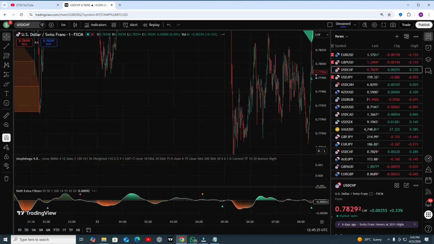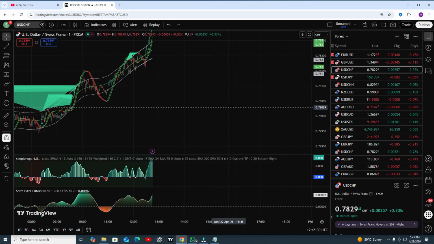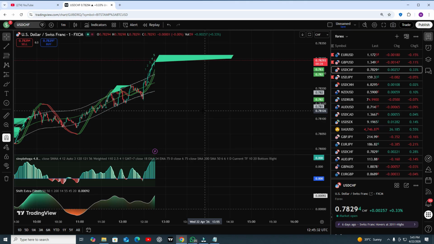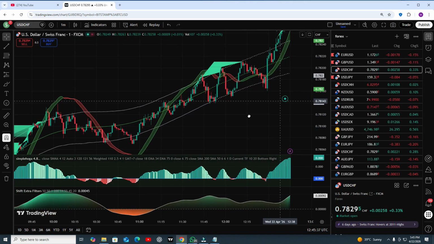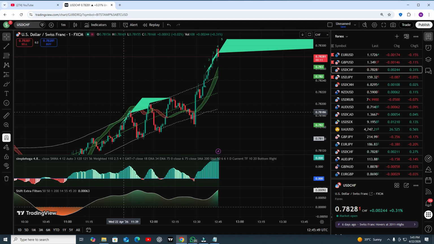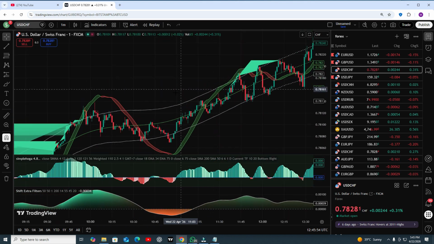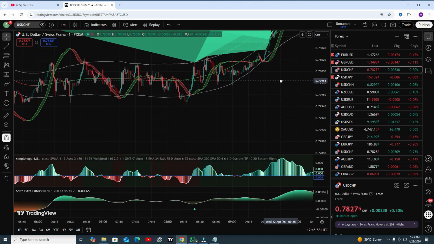USD CHF. Okay, this is your buy zone. Hopefully in the most recent one, yes, we are getting the buy zone. Okay, but at this point this is not according to our requirement, but you can trade. If you get the buy zone or sell zone, yes, you can trade, but with the minimum lot size and minimum risk. But if you get the trade according to our rules, sorry.